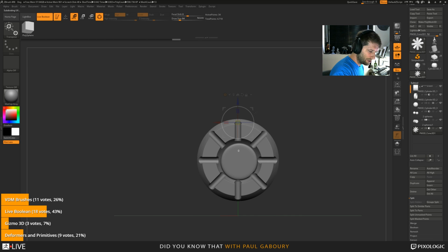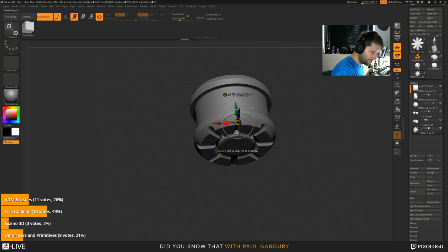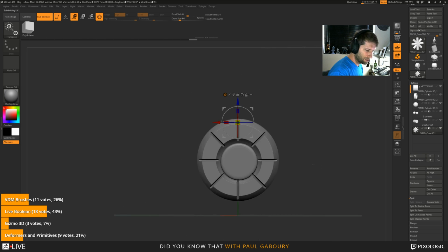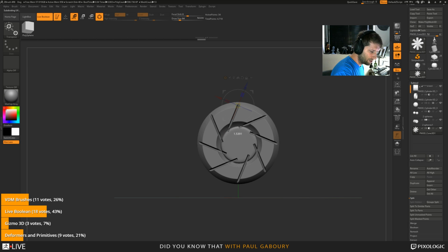right? Even if I was to scale and make it skinny, whoops, not rotate it. I don't want to rotate. I want to scale it and make it skinny like that. Then I can have something like this. So we can do quite a bit here and have a lot of fun with this, right? And do something like, I don't know, even like that,